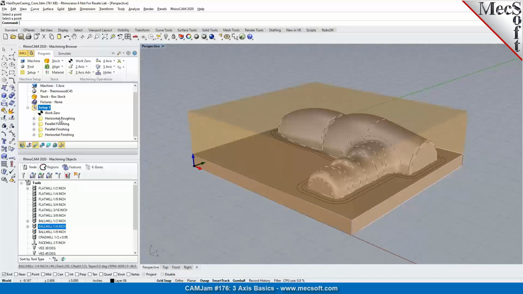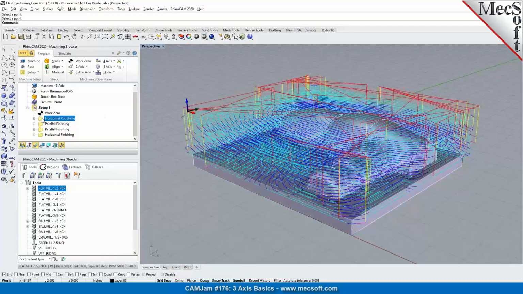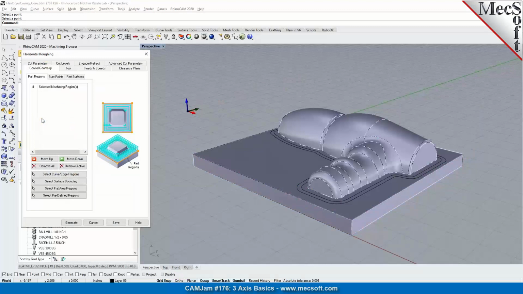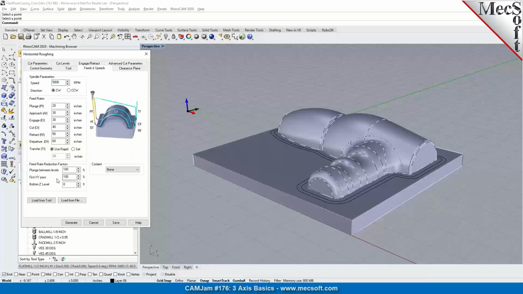Certainly. So feed rate reduction factors can be specified under the Feeds and Speeds tab. They can also be set in the tool definition as well. In the Feeds and Speeds tab,